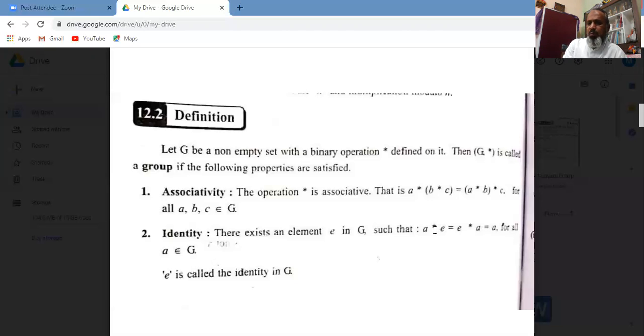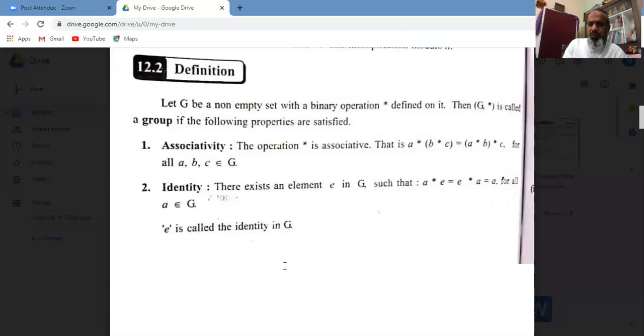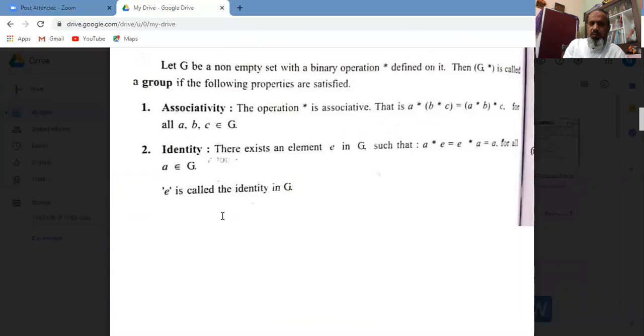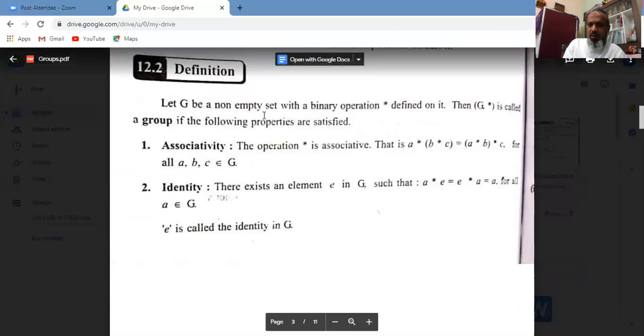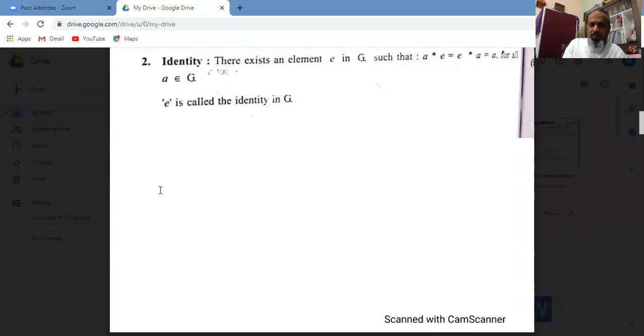So here, whatever may be the binary operation, with respect to that operation, A star E is equal to E star A, which must be equal to A for all A belongs to G. Then E is called the identity element in G. So this is the next property. Here we have seen a non-empty set having a binary operation that satisfies the associative property, and there exists an identity element. Then